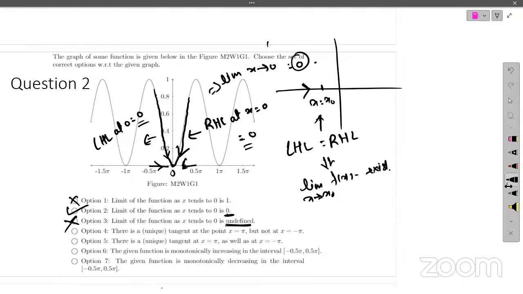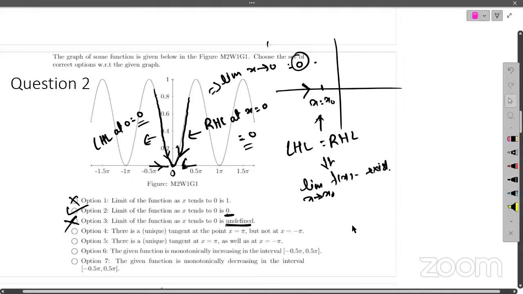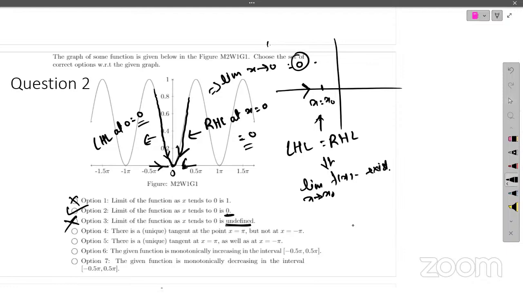Now let's go to the fourth option. The fourth option says that there is a unique tangent at the point x equals pi, but not at the point x equals minus pi. A tangent, roughly, is a line which touches a graph exactly at one point. So if you observe the points, this is x equals minus pi, this is x equals pi. It is quite clear that the x-axis is working as a tangent for these two points,